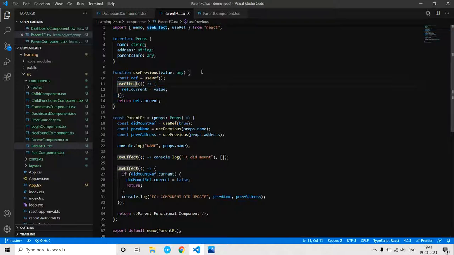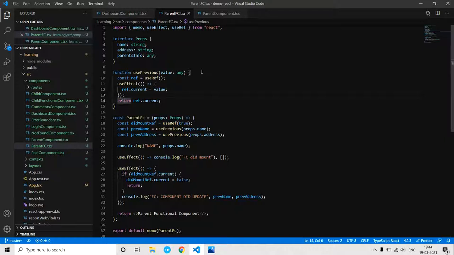As you see, this value we are assigning within the callback, so this will be executed after the return statement. For the first mount, this ref will be null. For the first mount, obviously when we are accessing the previous value, it will be null.